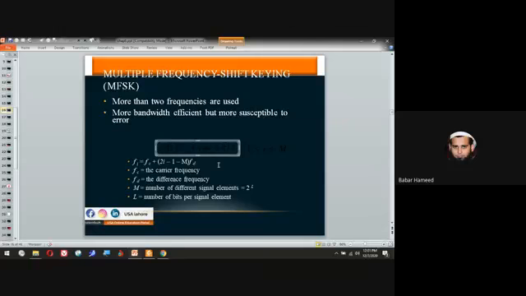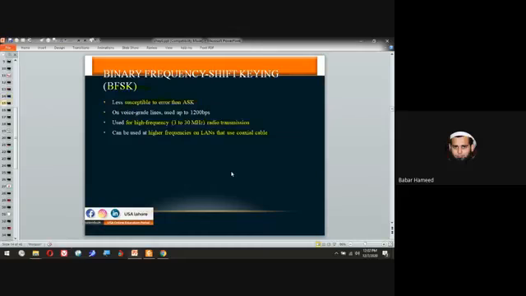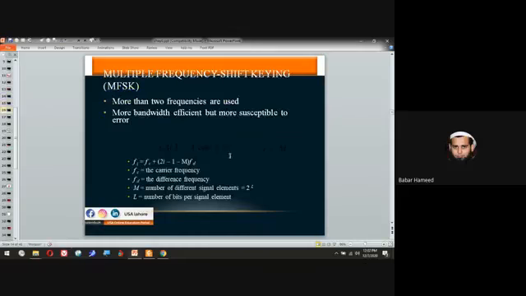If you focus on simple frequency shift keying, here it was A cos(2π f1 t), A cos(2π f2 t). Here it is not specifying 1 or 2, it is showing i, and this i ranges from 1 to M,